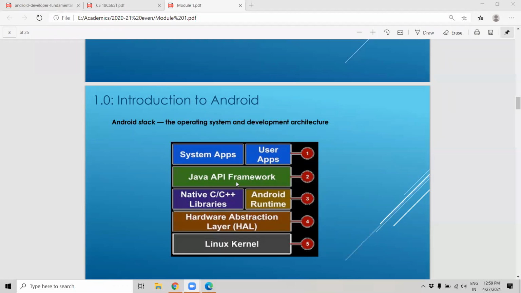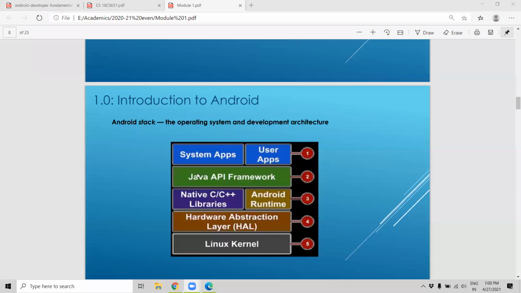And the logic we have written depends on that, and that will know where to carry that information. That's all. That logic, everything we have written here. Whatever the program we have written, that is here in the second layer. Whatever the app front end we see, that is the first layer. Whatever the code which has been written, that is the Java API framework.